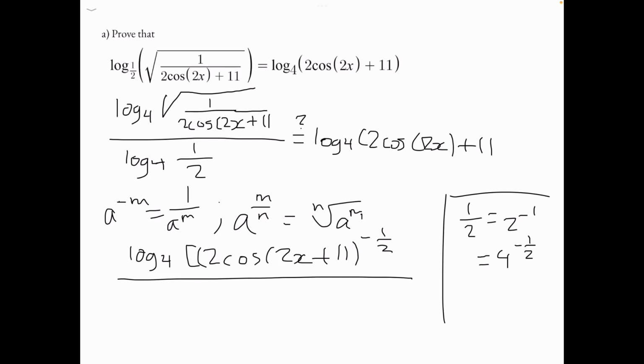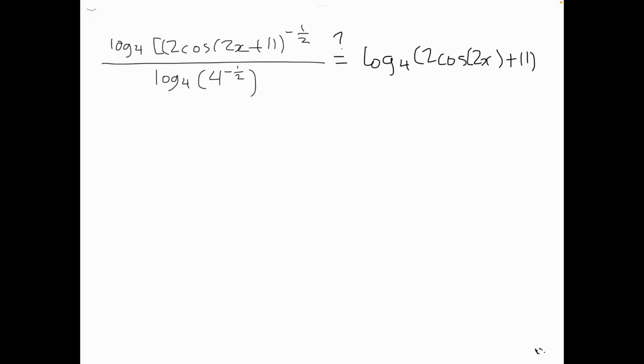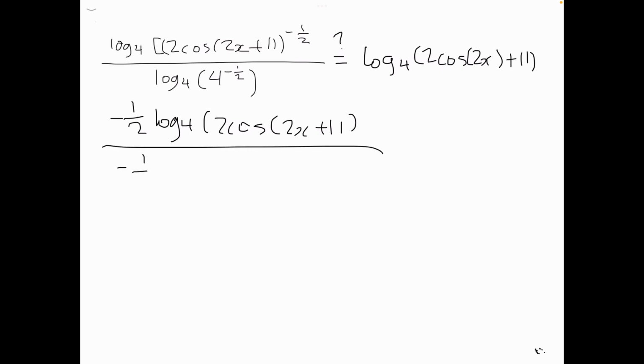So now the denominator will be log base 4 to the power of negative 1 over 2. Now we can apply the power law to cancel out the exponents. So it will be now we can clearly see that the exponents cancel each other out,